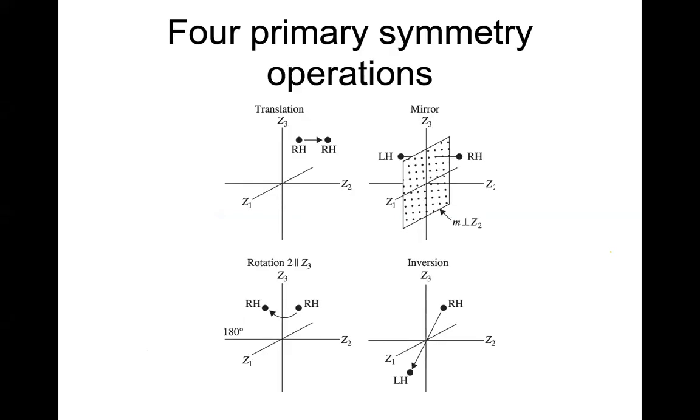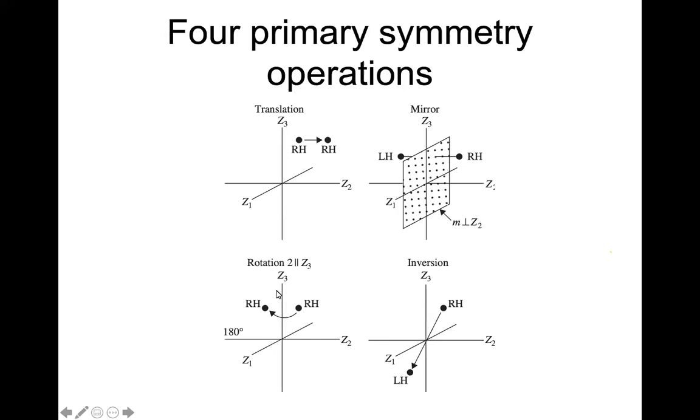Let us see some examples. The four primary symmetry operations are: first, translation. For example, you just translate from here, infinite dimension. You can repeat these points, and all the points will be indistinguishable. So you say it has translational symmetry. Now I take one point here on the left hand side, and I apply a mirror plane like this. What will happen? This point will appear here. So these two points are related by a mirror plane.